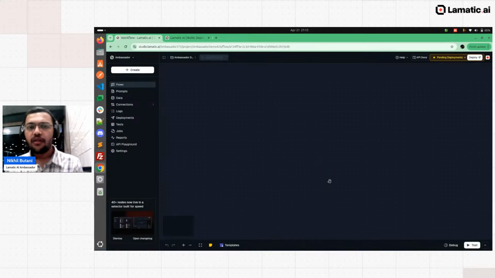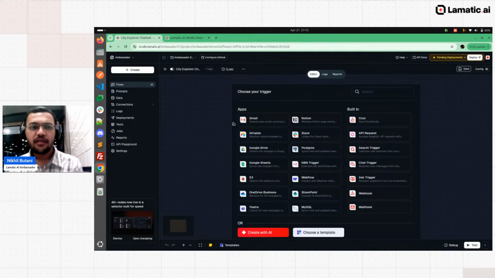Okay. Yeah, so it will take some time. Now you can see the UI here. After I created the flow, you can see here it's a City Explorer chatbot. So I just came, and it's enable and disable, like no trigger, not found, get support, right? You can see.